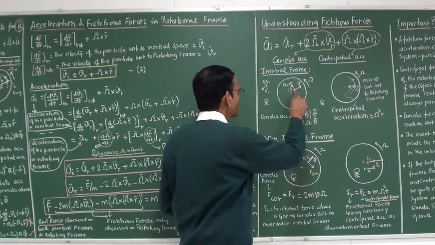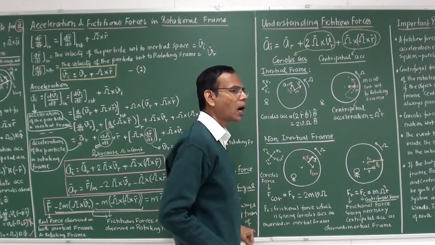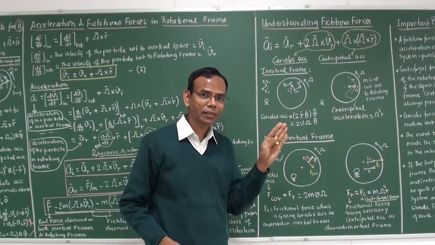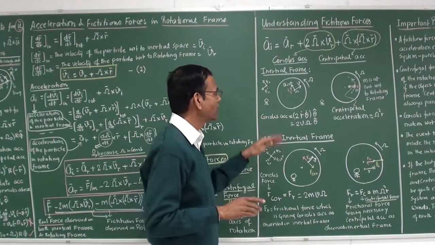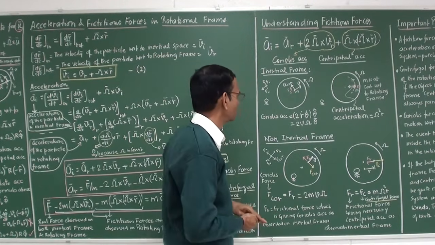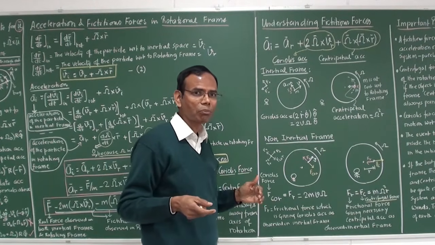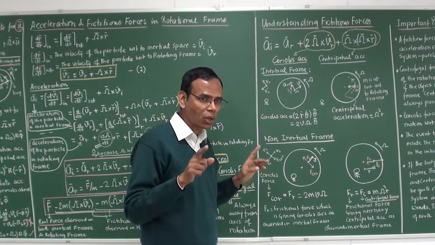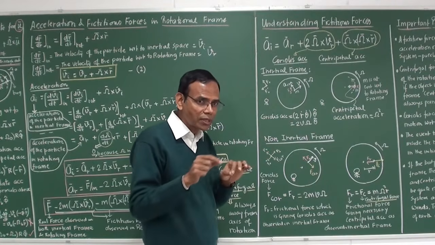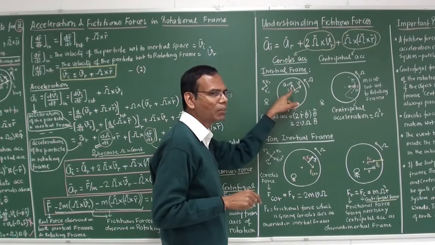Suppose there is a mass m over here, and this mass m is traveling outward. Outward means along the radial direction, not any other direction, radial direction. And that is why I say simplest case. So it is traveling towards outside, along the radial direction. Now, we have solved this kind of problem in the polar coordinates. Again, polar coordinates is not a rotating frame. Their axis is rotating with the body, but the observer is outside. So that is different. I can attach a rotating frame over here with the mass m,